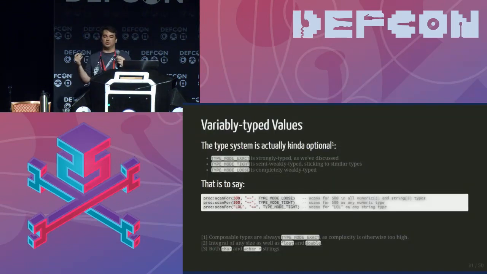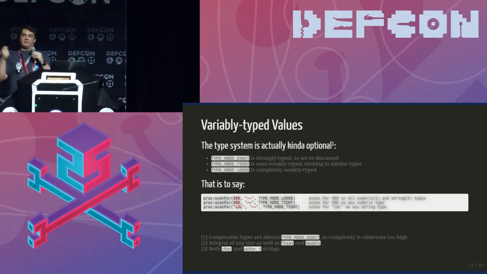So, there's variable typed values as well. What I mean by that is you don't have to use strong types like we've been talking about. You can specify type mode exact, which is what we've been talking about and is only what's supported in structures. Because if you try to do variable size types in structures, the complexity just blows up. You have to generate a new instance of that structure for every combination of every weak type you have in there, and then you end up with like 500,000 different ways the structure can look, and it just blows up, can't sustain. But for everything else, if you're just scanning for a value, you can say type mode tight,